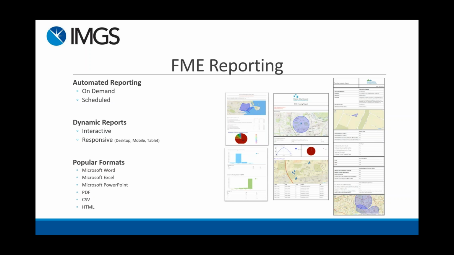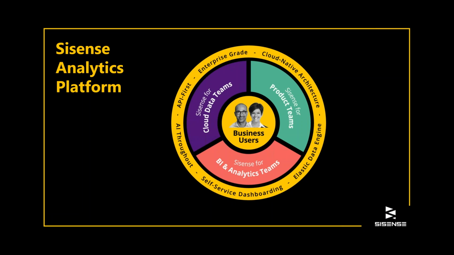The Sisense Analytics platform comprises three components: cloud data for teams, product teams, and BI and analytics teams. The cloud data for teams is what used to be known as Periscope, the product Sisense acquired. With that, you have the ability to do cloud-based analytics, and it's really designed for coders and programmers who want to run SQL and Python and